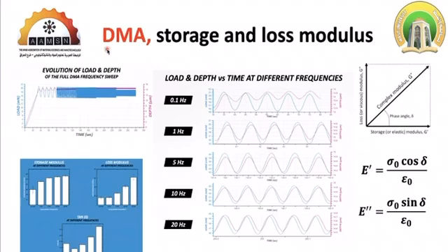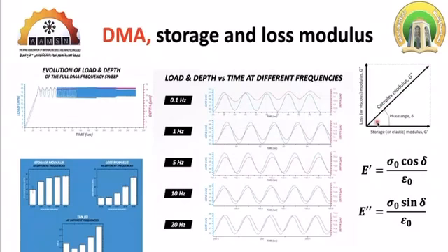What is DMA? Dynamic mechanical analysis. And when we talk about DMA in nano indentation, it's called nano DMA. Nano DMA is used to distinguish the storage modulus from the loss modulus, and this has significant importance in polymeric materials. So we can apply load and then oscillate the indenter with different frequencies and get the effect of each frequency on the material. Complex modulus,